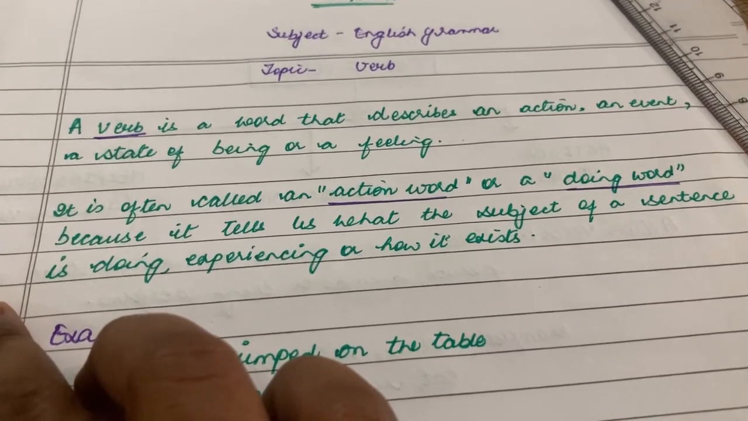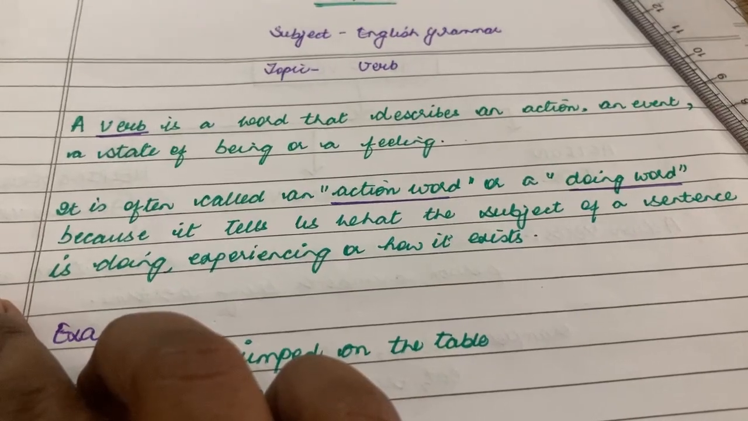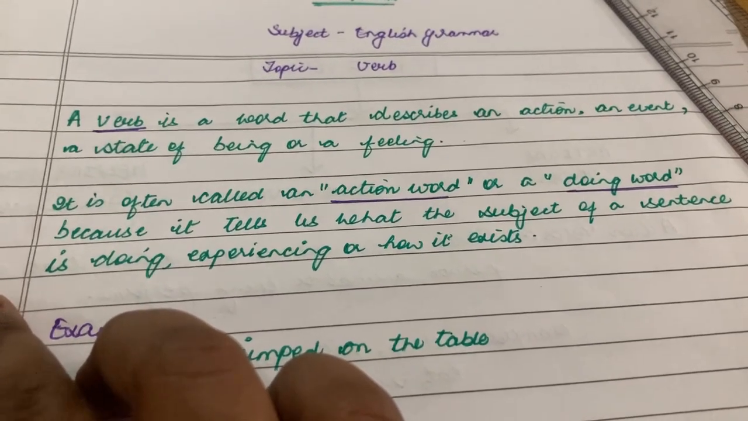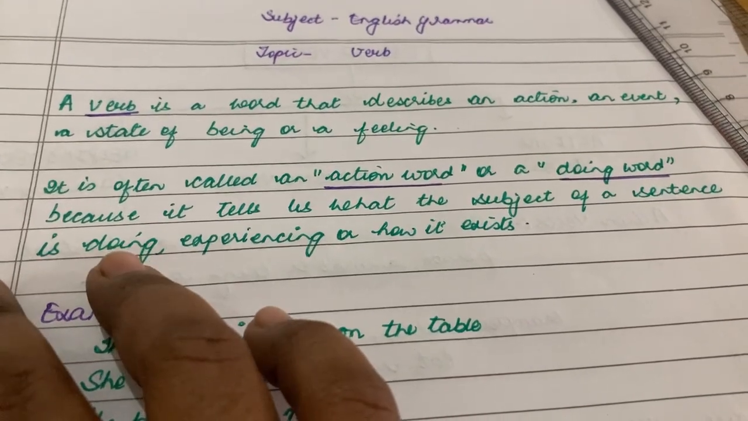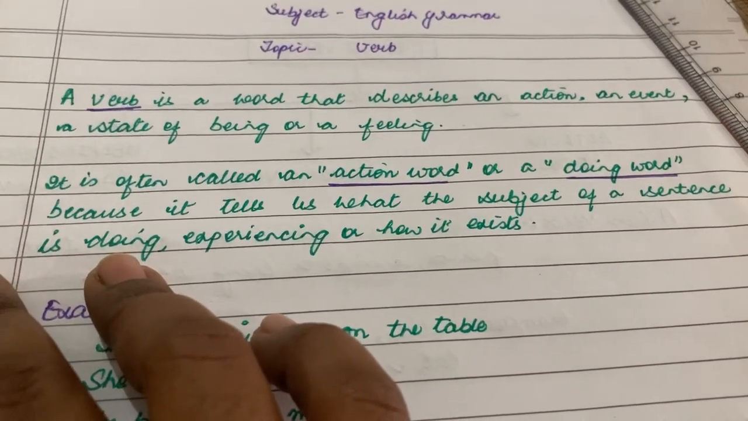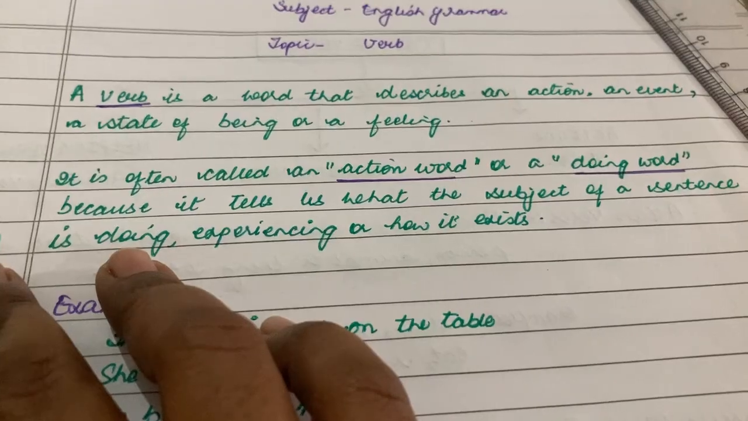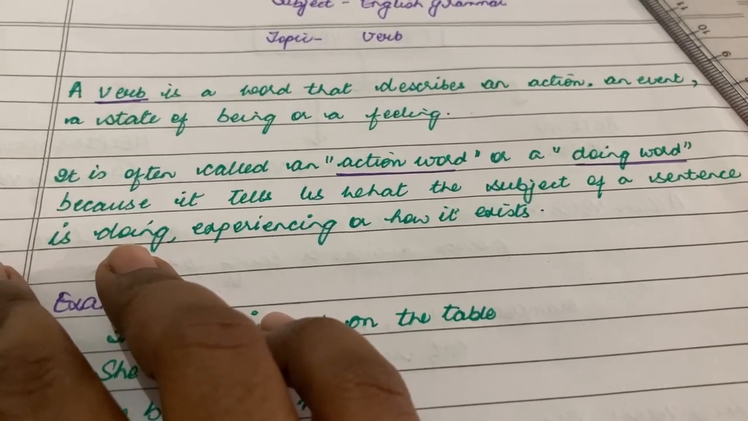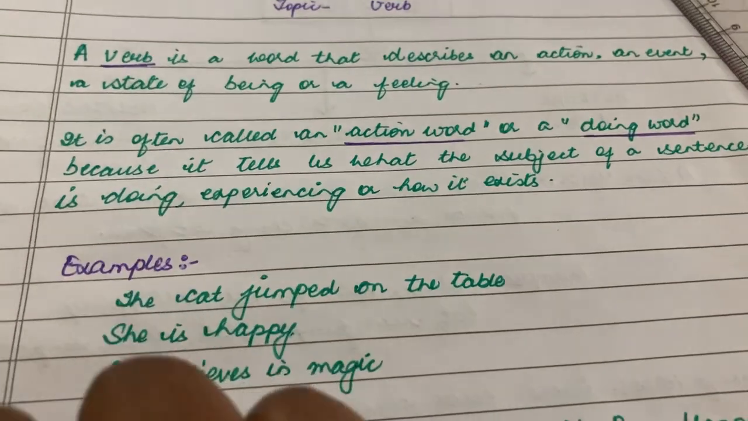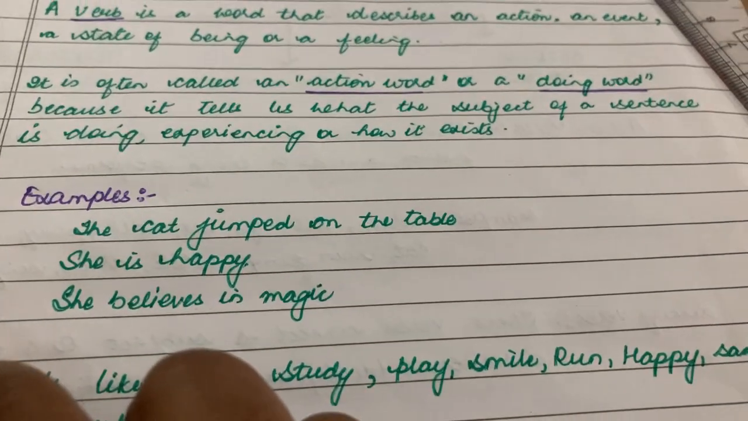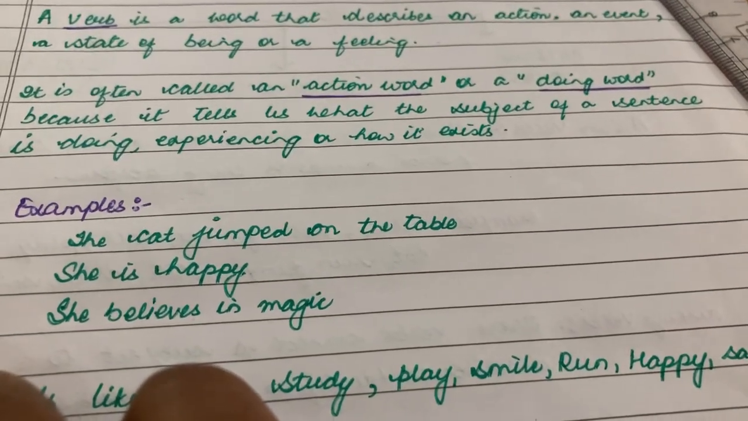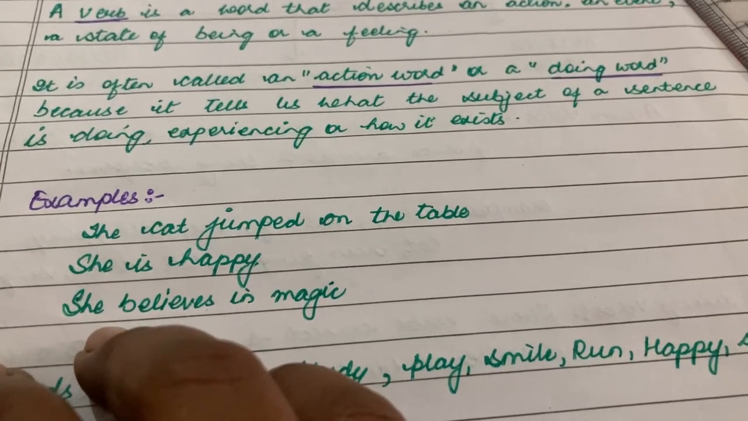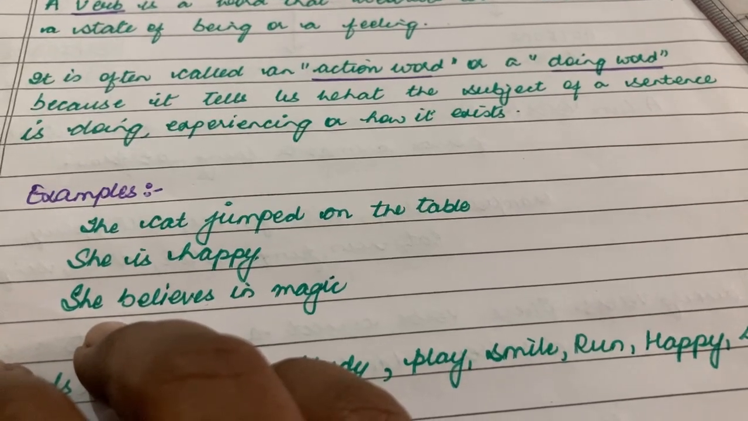So basically, what does it do? It tells us more about the subject, the action that the subject is doing in the sentence, the experience that the subject is having in that particular sentence, or how it exists. For example, here I have a few examples. The cat jumped on the table. So what is the subject here? The cat is the subject, and what is the subject doing? The subject is